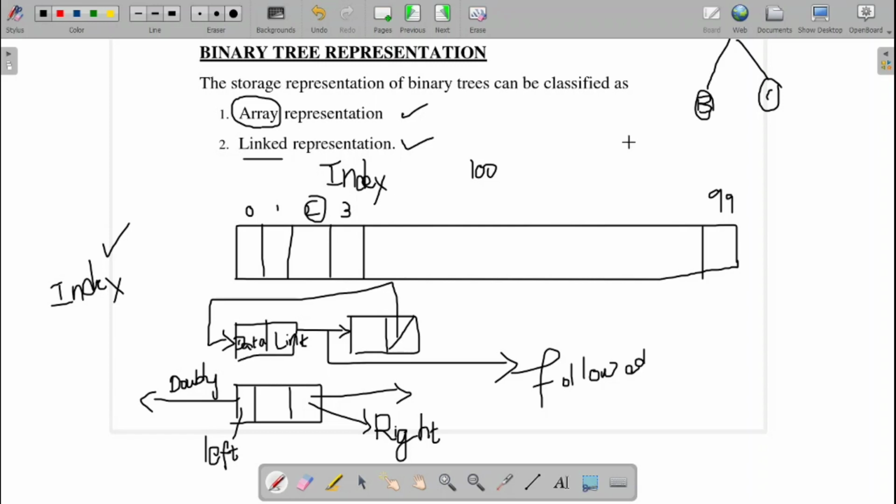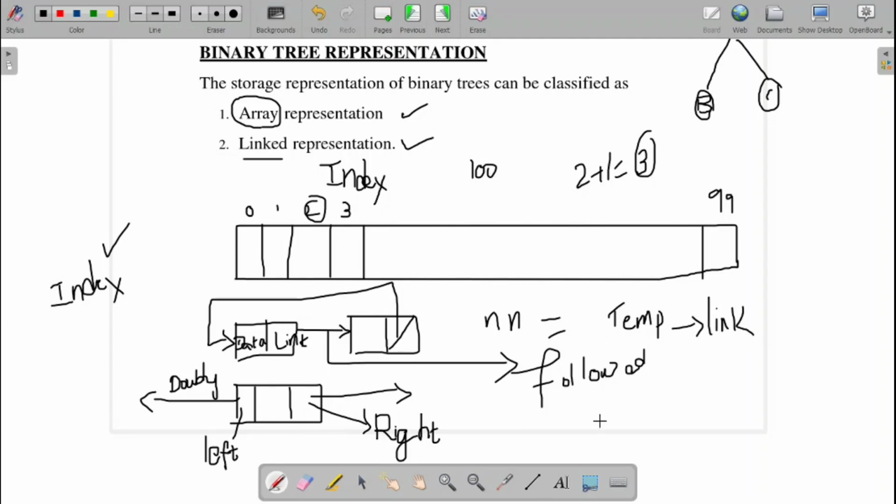Suppose I want to access the next element after the element at index 2, then the index is incremented by 1. That is 2 plus 1, that is 3. That is, 3 is the index of my next element. But in case of a singly linked list, if I am at the node temp and I want to access the next element, the next element, which I will call nn, will be equal to temp of link. That is for your singly linked list.